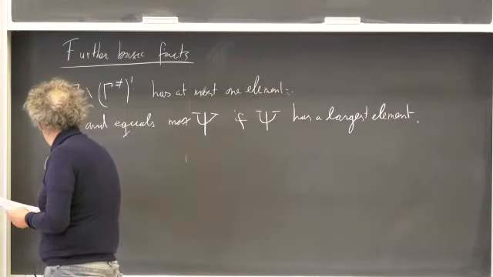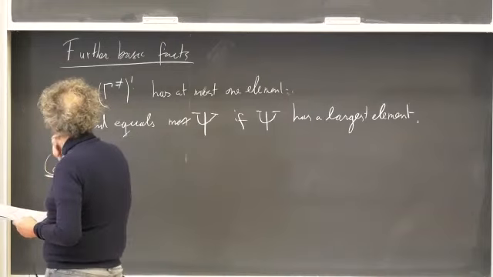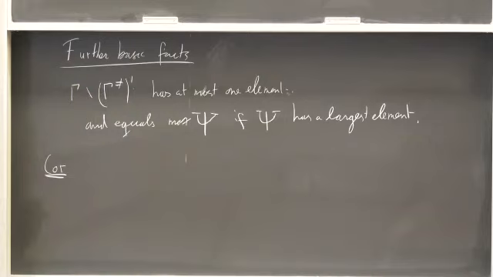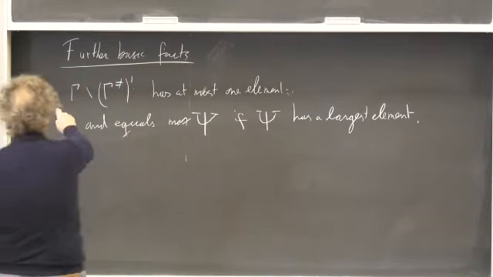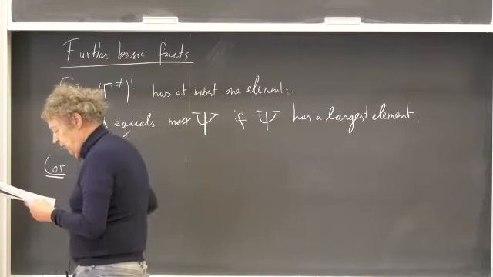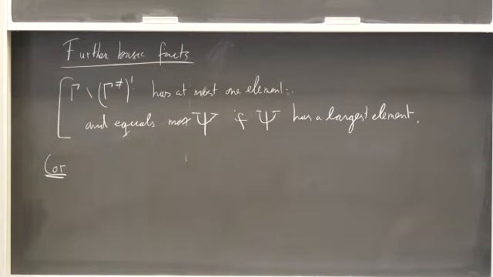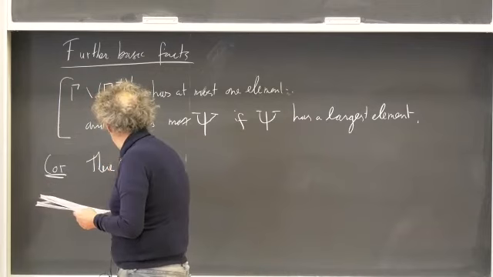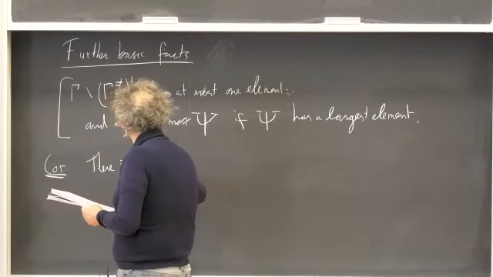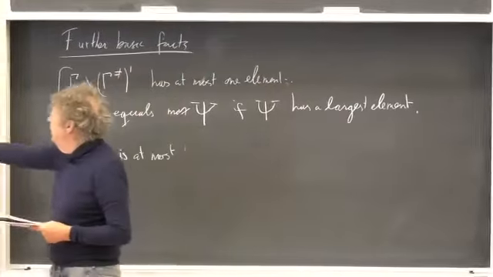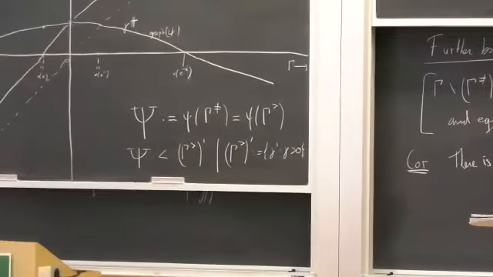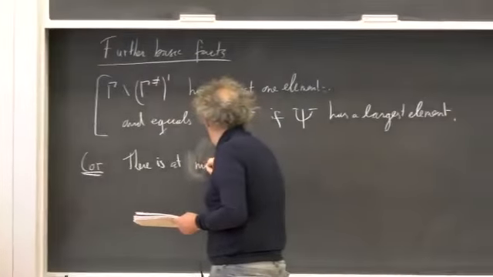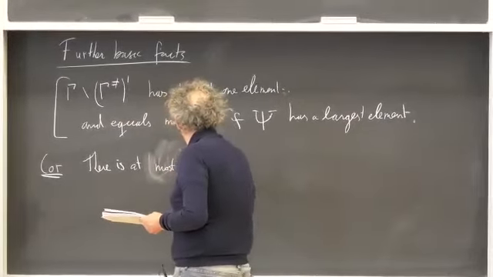Well, and then as a corollary, this is still for arbitrary asymptotic couples. There is at most one beta that lies between capital Psi and gamma prime. There is at most one beta